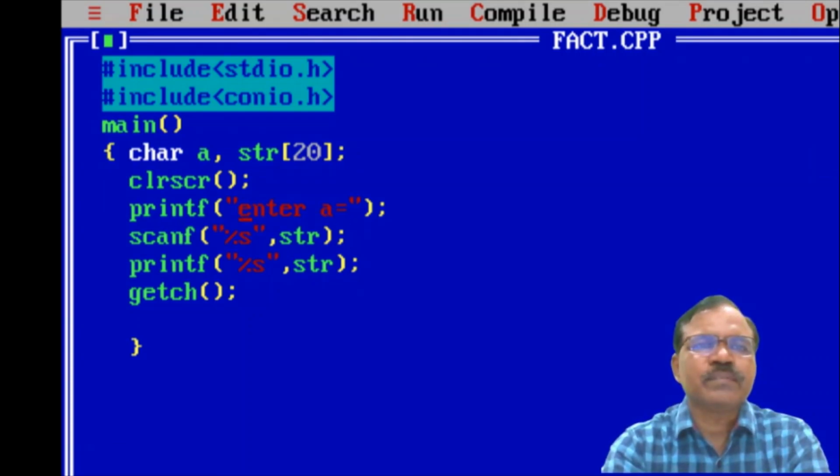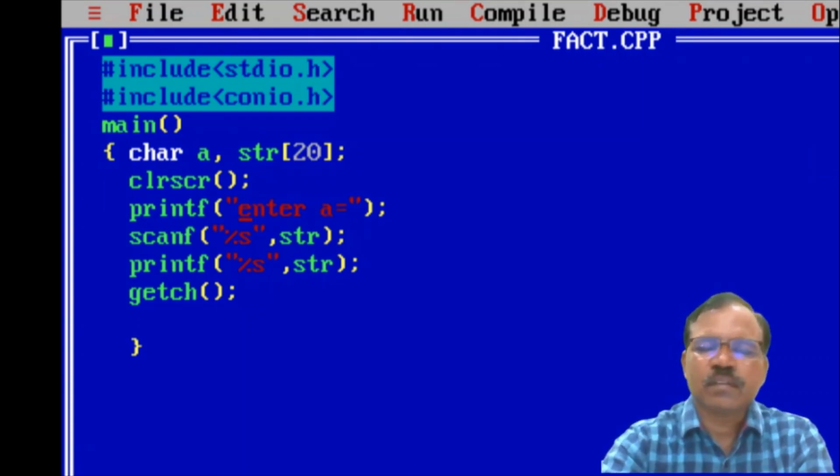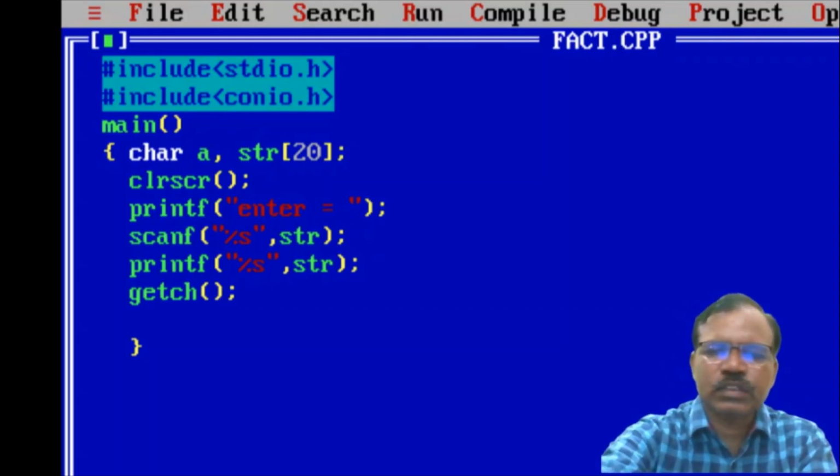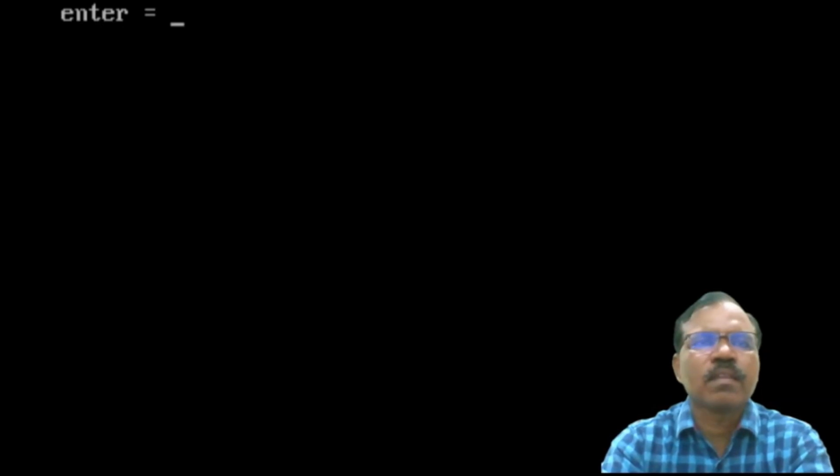Now suppose I enter a string like this. Suppose I enter here Ram More. Then what is printed on the screen? So only Ram is printed. More is not printed. So what happens when we enter a string with space between them?